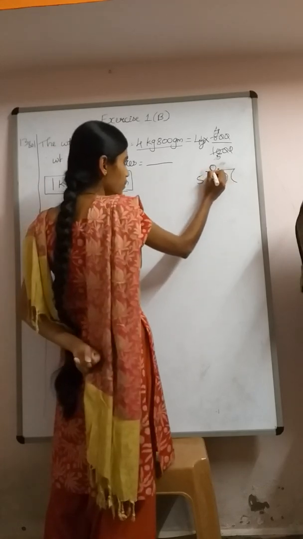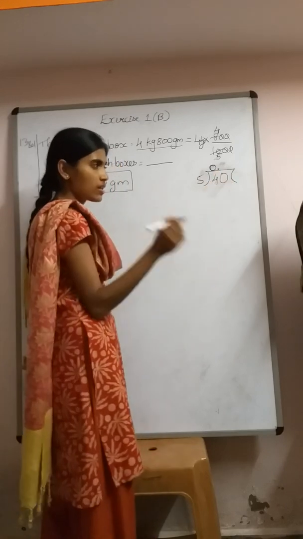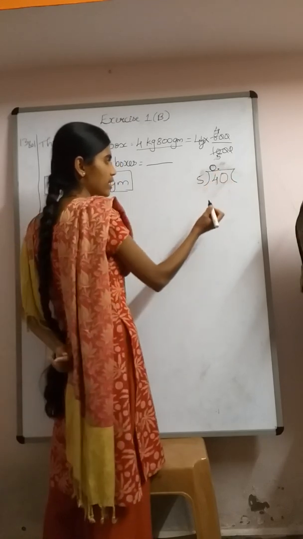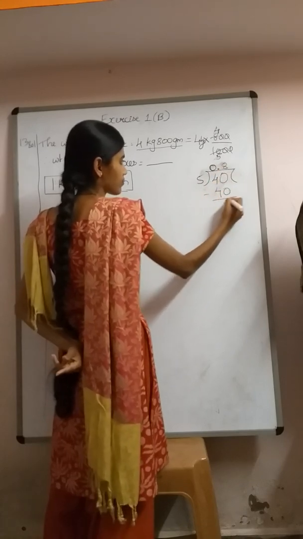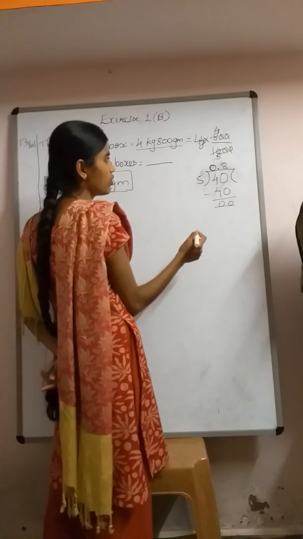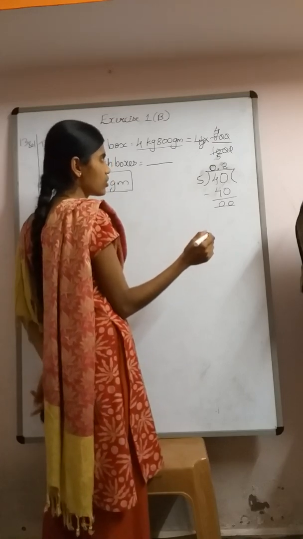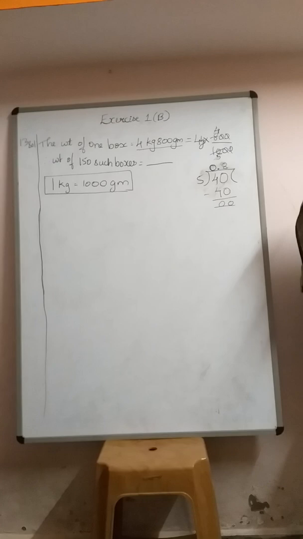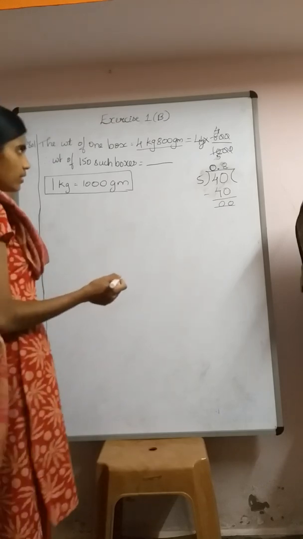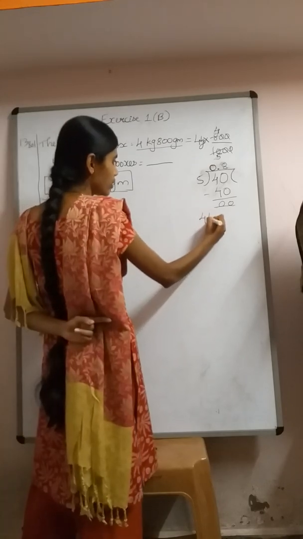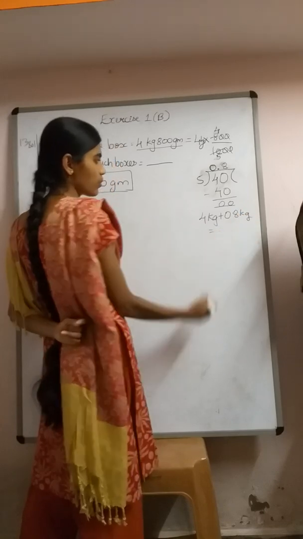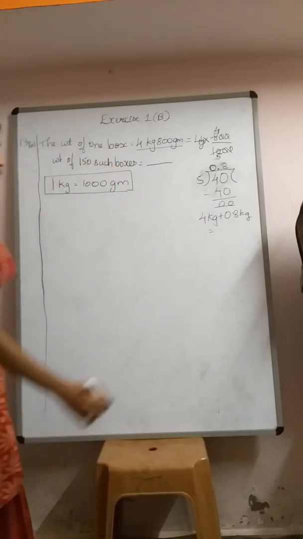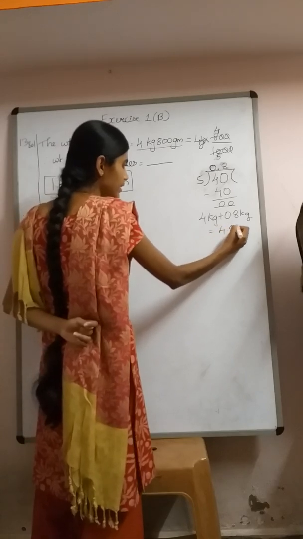Now if you are taking the help of 0, what you should write? The quotient 0 point. Then when you take a 0, now tell the tables 5 how much are? 5 8s are 40. Now what we got? 0.8. So now 4 kg plus 0.8, okay, let us add that 4 kg plus 0.8 kg. We have converted. So what is the answer we get? 4.8 kg.